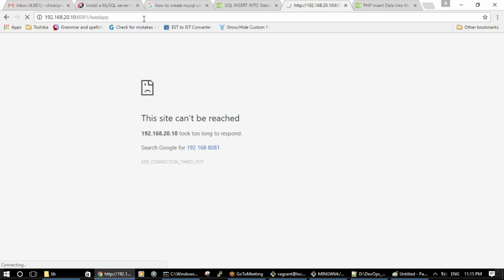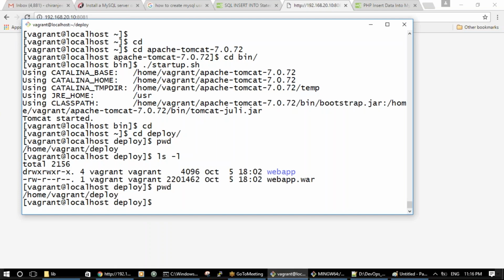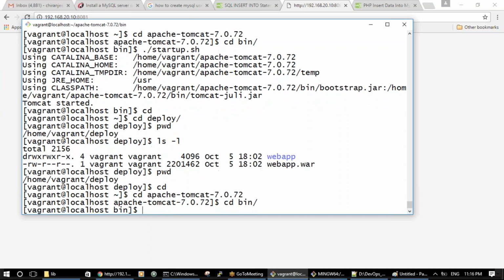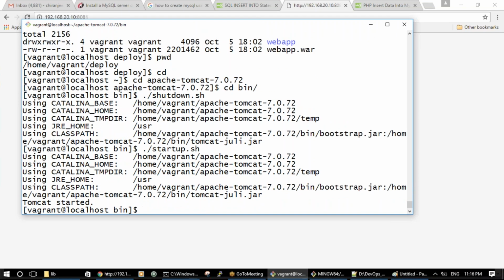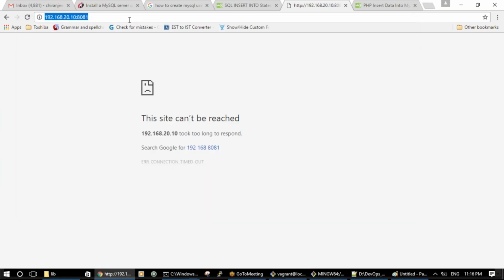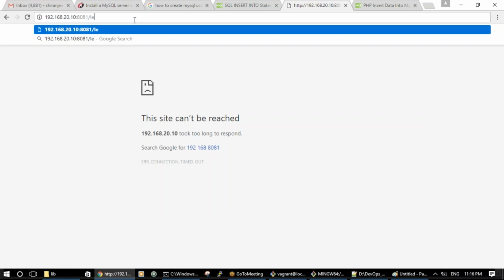Now it should automatically deploy, guys. When you deploy it, it should automatically deploy. If it is not deployed automatically, you can restart it. If you restart it, it will definitely deploy. So go there and shut down your Tomcat, and start your Tomcat. That's it. Now if you do that and try to access your lead app,